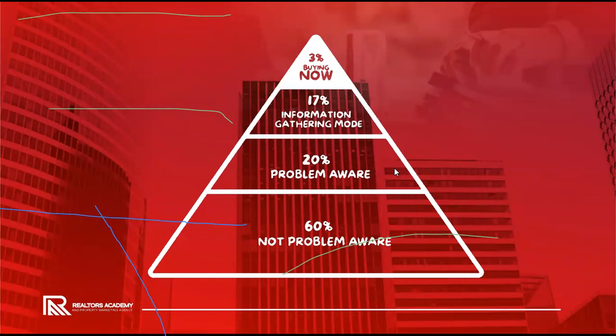So in order just to summarize this section, the best form of people to target is the 17% and the 20%. Not the 3%, not the 60% below, but 17 and 20. Those are the best people to target with your ad. People searching for information. And you are not targeting them with products, rather you are targeting them with information. Problem. The people here are problem aware, so you need to target them with problem